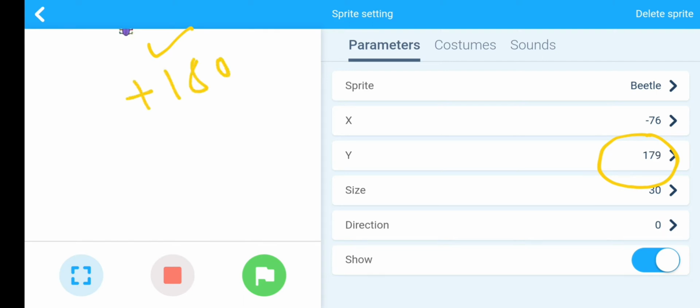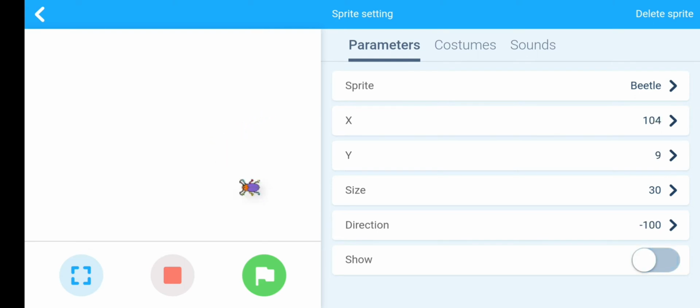Here the corner value is plus 180. You consider here, and in lower direction again, look at here, minus 180.